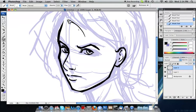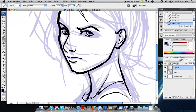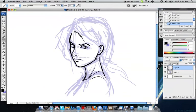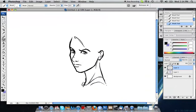Okay, so we've got a basic shape down for the face. Give her a neck here. Okay. Zoom back a little bit. Just go ahead and take a look and see how it looks. And if I want to see how the liner is going without all the blue lines, I just go over here and hit the little eye. I'll make them disappear temporarily. Right now I'm seeing